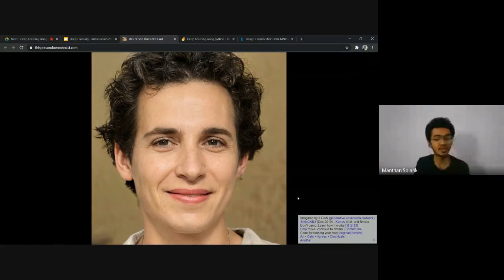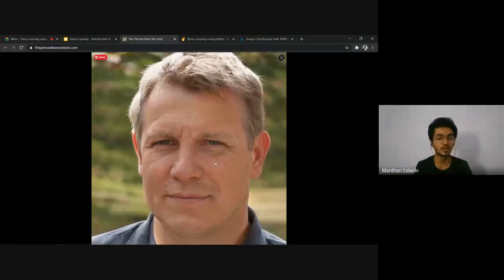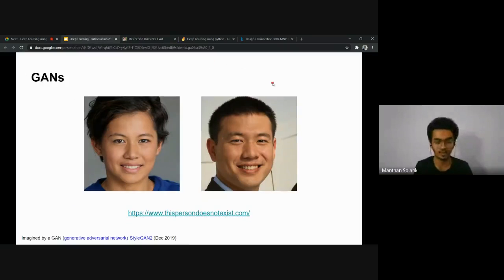There are various kinds of GANs, and it is backed by NVIDIA. Every time you refresh the website, there are new people and faces. These do not exist on this planet. Look at the details of this face. It takes a lot of computation. That's why these GANs are very great examples of generative models, right?